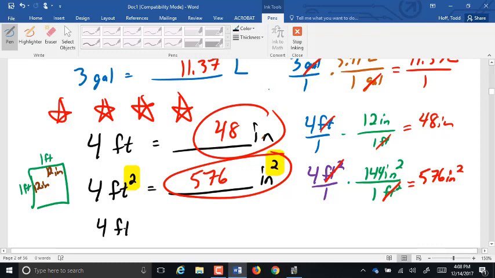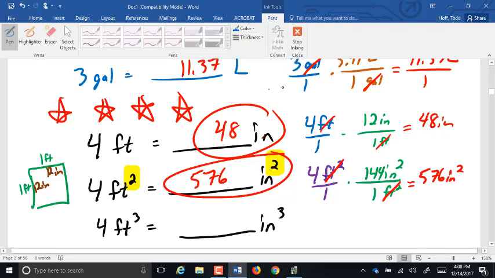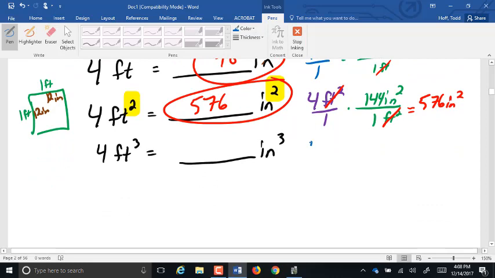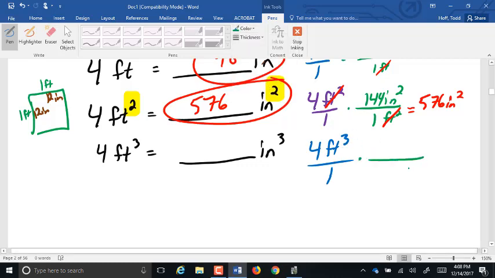And of course, if we can have square feet and square inches, we can deal with cubic feet and cubic inches. For cubic feet, I'm going to put cubic feet on bottom and cubic inches on top. 1 cubic foot,